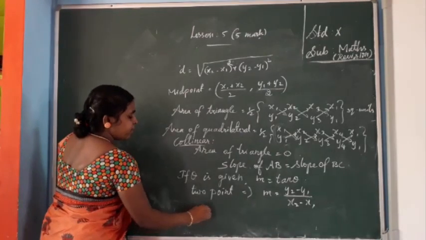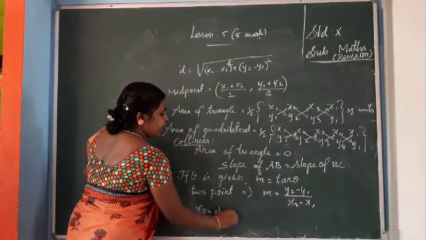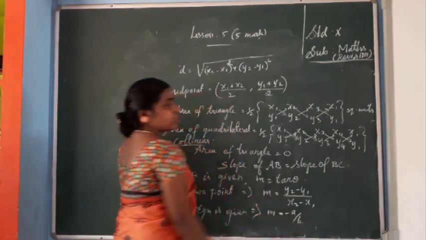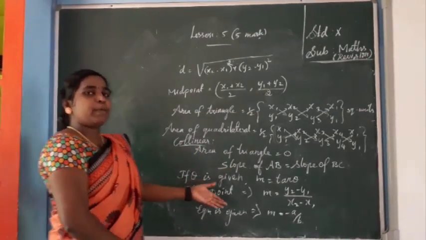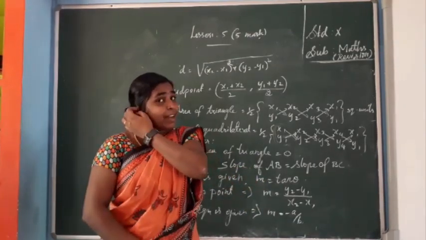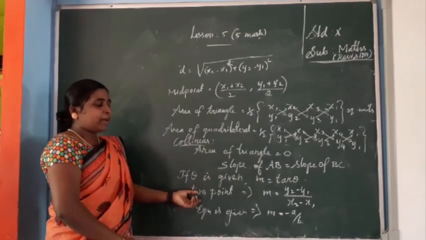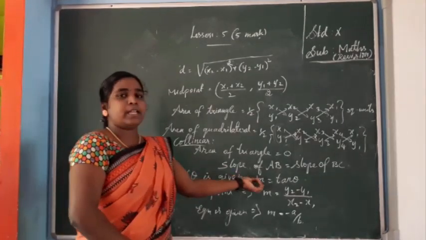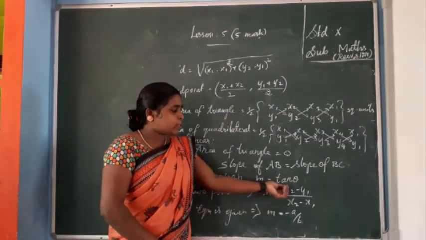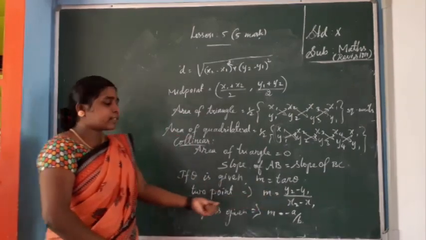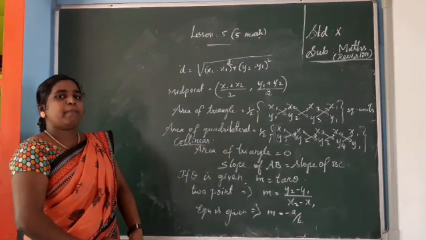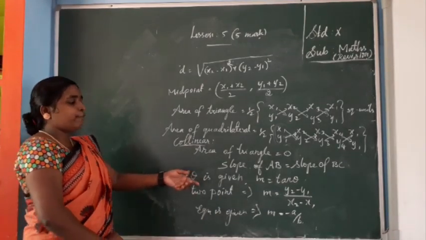If the equation is given, then slope formula is m equal to minus a by b. Otherwise you can say minus coefficient of x by coefficient of y. I think that is better. So 3 slope formulas. First, theta is given means you use m equal to tan theta. 2 points given means you use m equal to y2 minus y1 by x2 minus x1. Then equation given means slope formula is minus a by b or minus coefficient of x by coefficient of y.